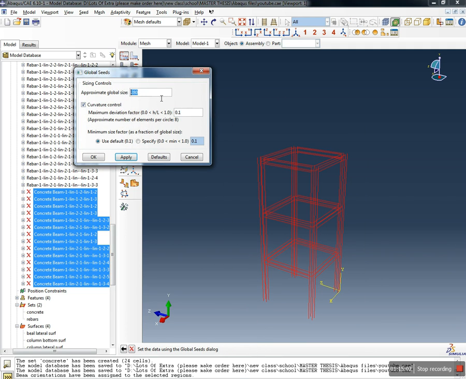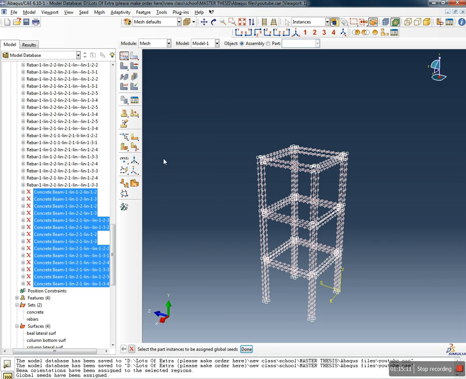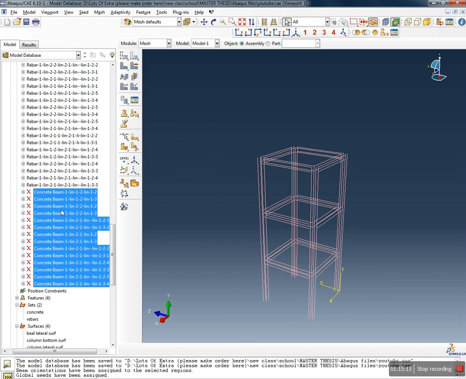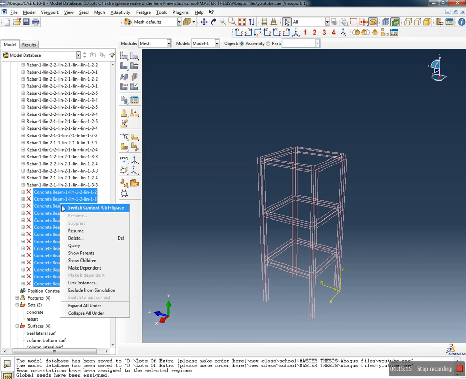Done. And we will just leave it by default at 280. So for each beam we will have 10 elements, and it's alright. We will just leave it like this. We will click OK. Yes, and now we are done. And now we can put it back. We can click